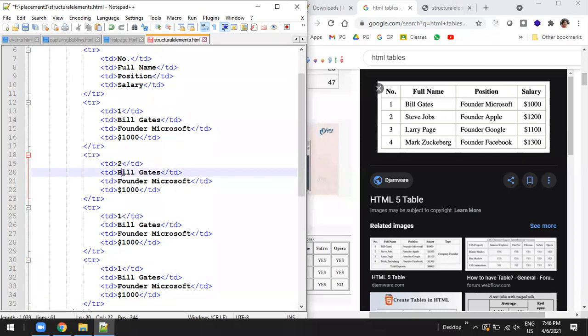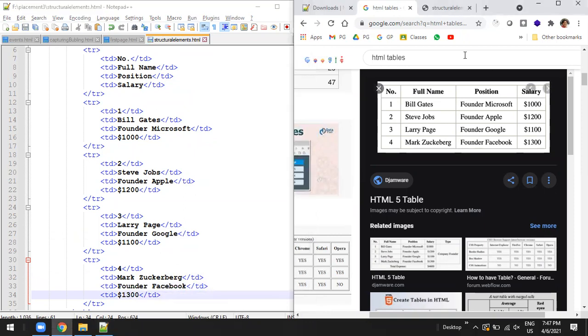So 2, Steve Jobs, founder, Apple, market 12. 3, founder, Larry Page, founder, Google, and this is 1100. 4, Mark Zuckerberg, founder, Facebook, and this is 1300.